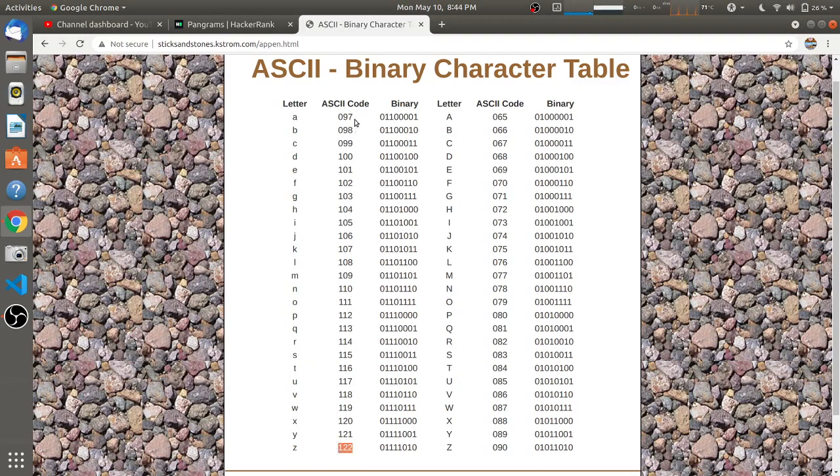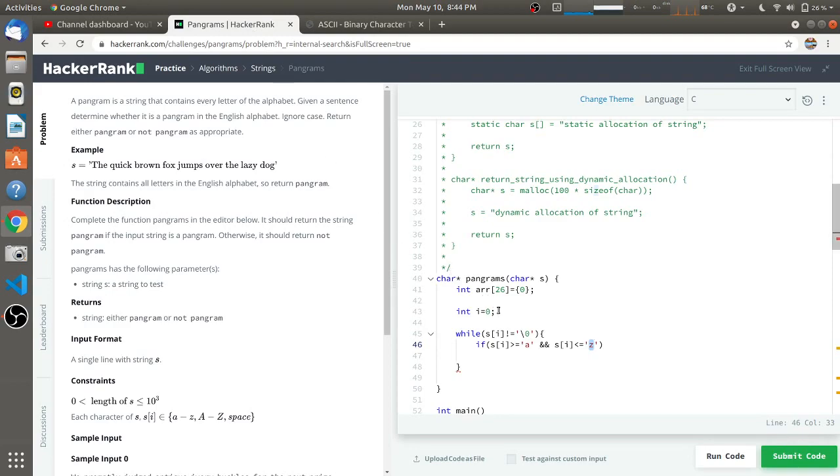So it is getting converted during compilation into the respective ASCII values. You can use the numbers 97 and 122 directly here, but for better understanding I have used the characters directly. Either way, it works fine.